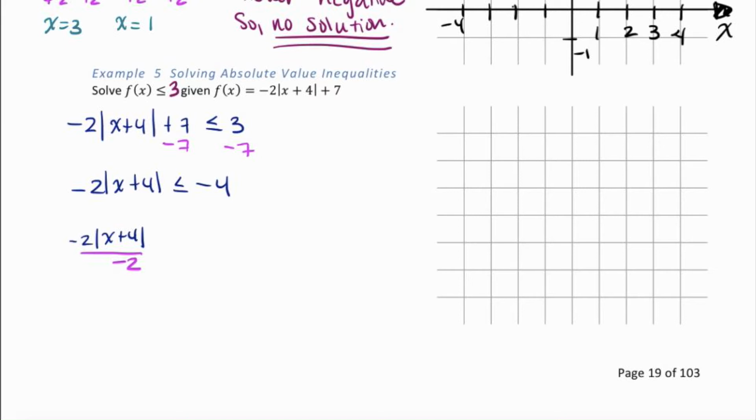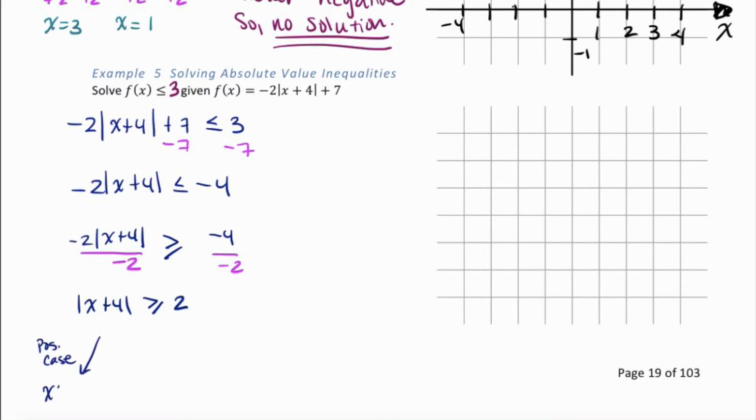And remember, because we just divided by a negative, we need to change the direction of our inequality. So we did have a less than or equal to. Now we have greater than or equal to negative 4 divided by negative 2. This leaves us with the absolute value of x plus 4 is greater than or equal to 2. So let's go ahead and look at our positive case,